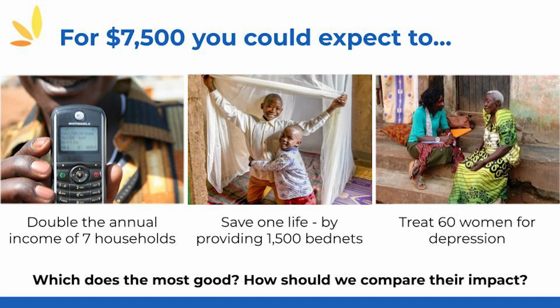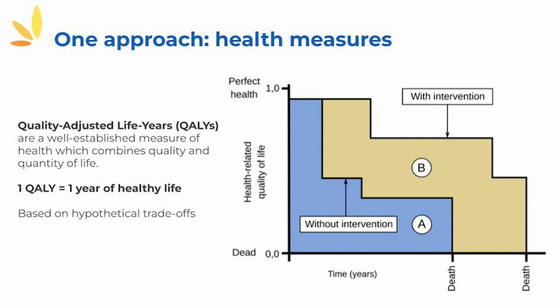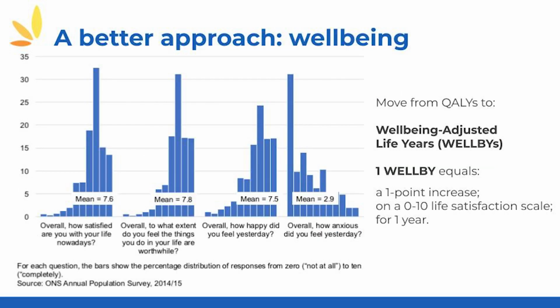But we think a better approach is to focus on well-being. We're interested in doing good. What do we mean by good? We probably mean well-being. What do we mean by well-being? Probably how happy and satisfied people are with their lives. That seems like, in the end, probably the thing we really care about, and so we should focus on that. And these proxies, health and income, let's just focus on the thing which in the end matters. How are we going to trade off health and income? Well, let's trade them off in terms of their impact on people's well-being. So let's go straight to the source.